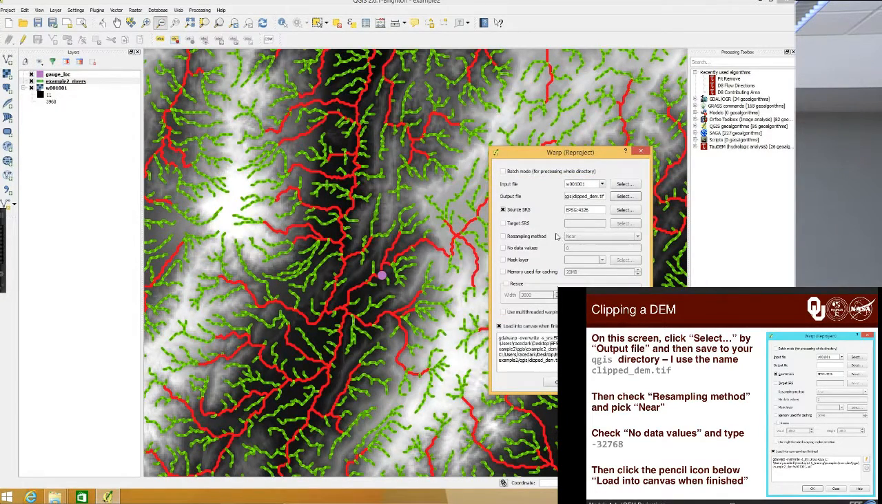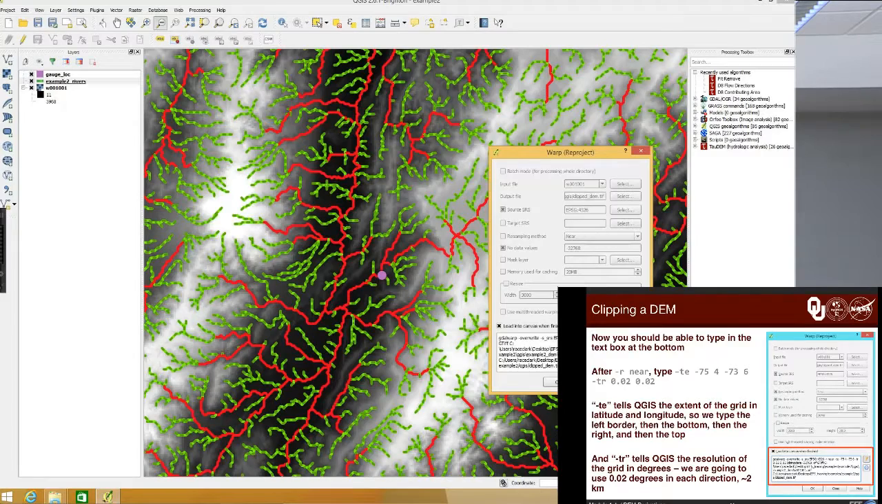We click Save. We can leave most of the other stuff alone, but we are going to change no data values to negative 32,768. And then we're going to click this little pencil icon down at the very bottom that says Edit on it. And when I click that, everything at the top grays out, and everything at the bottom now can be edited. So I'm going to start typing into this text box, and this will probably be hard to see on the video, but you can start typing into it. You should be able to see exactly what to type if you look at the associated